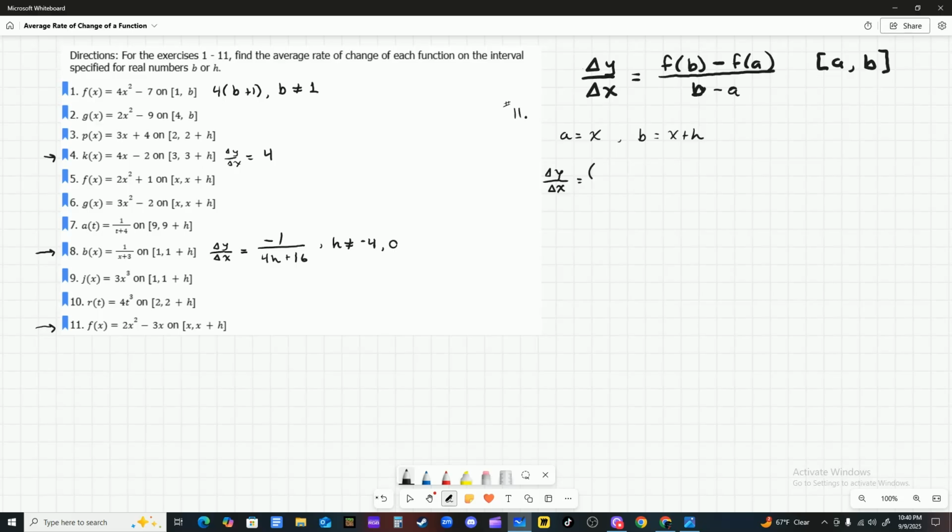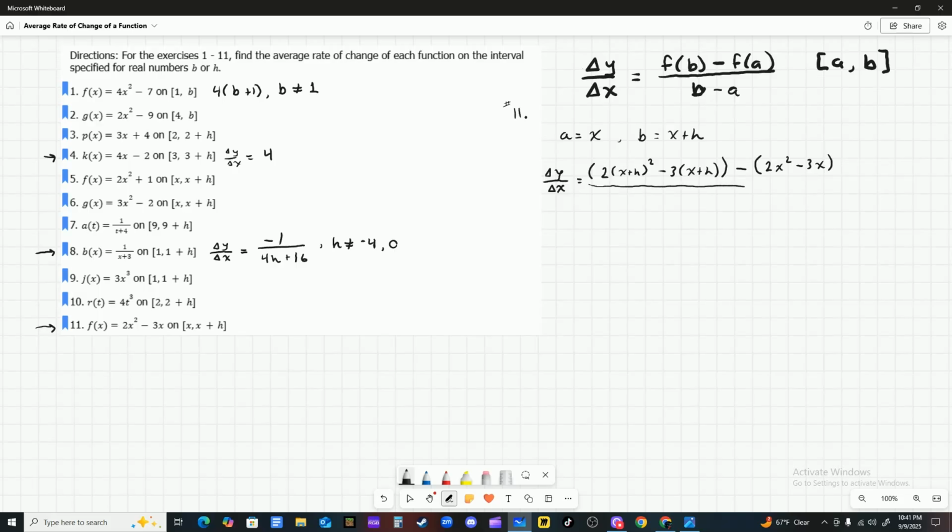So f of b is 2 times x plus h quantity squared minus 3 times x plus h quantity, not squared. All right, cool. That takes care of f of b minus f of a, which is just going to be, well, in this case, a is just x, so it's going to be the original function we have. So 2x squared minus 3x, just like that,